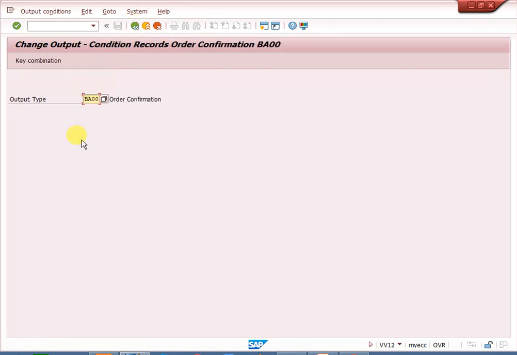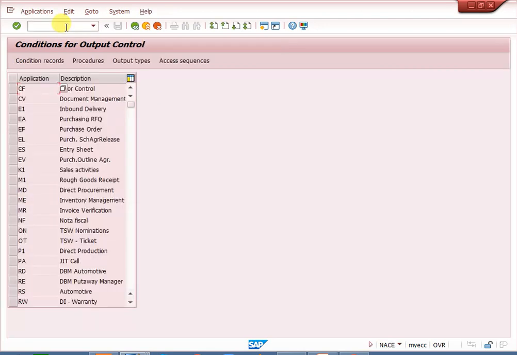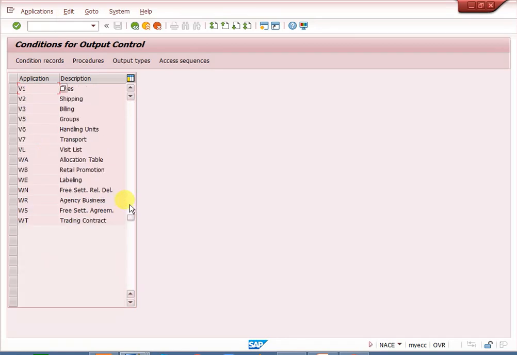Right now we need to go to configuration, where SAP has given the transaction code NACE. In the NACE transaction we can maintain here: V1 for sales order, V2 for shipping, that means delivery, and V3 for billing.